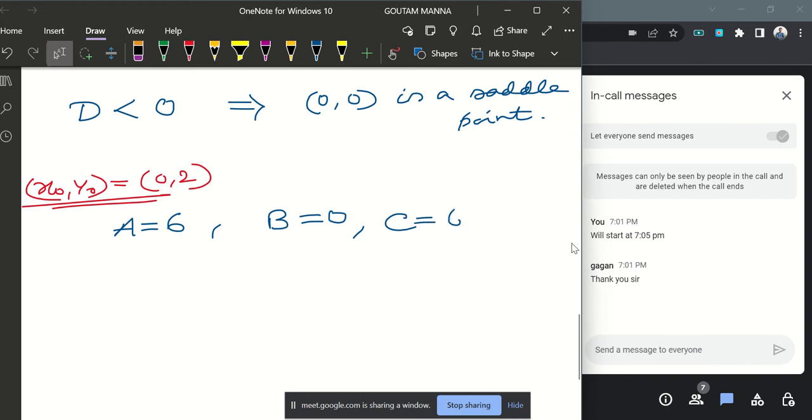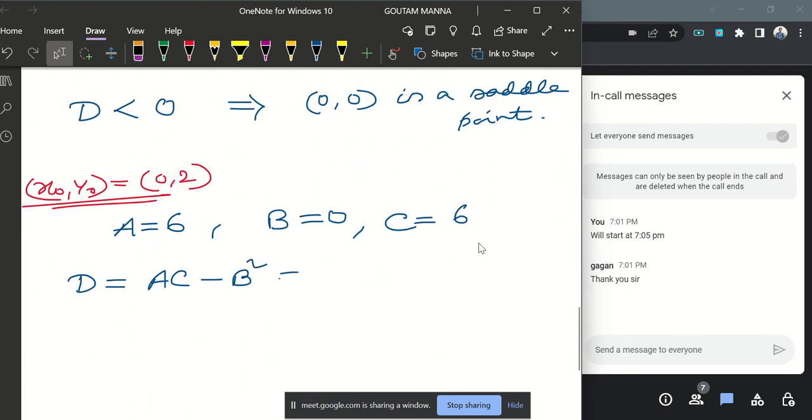Now if you put y equals to 2, in that case it will be 12, and 12 minus 6, it will be 6. So in that case, the discriminant d, it will be ac minus b square,